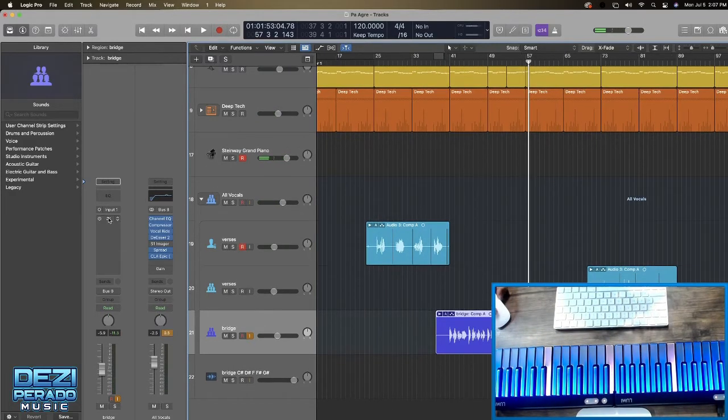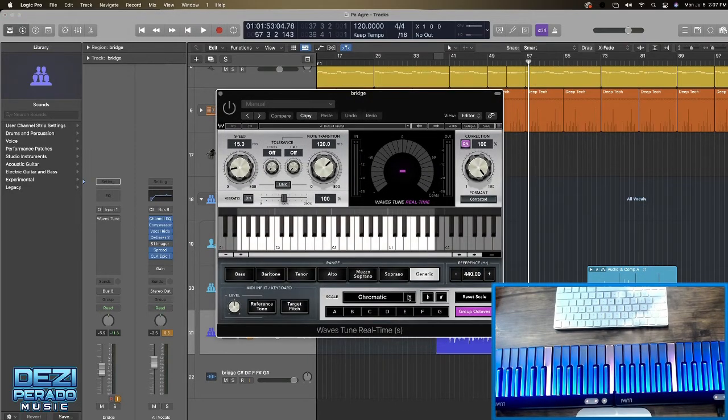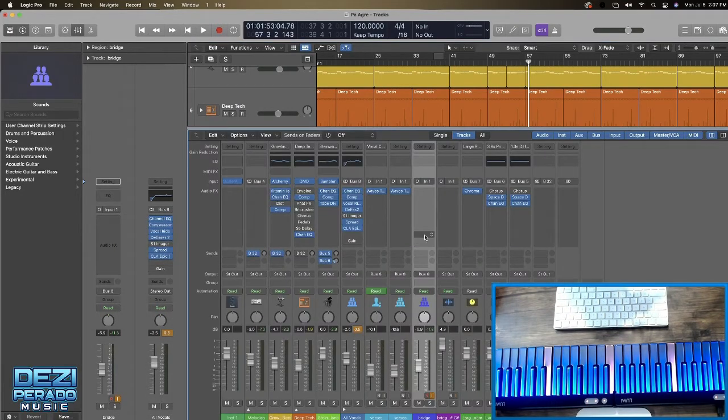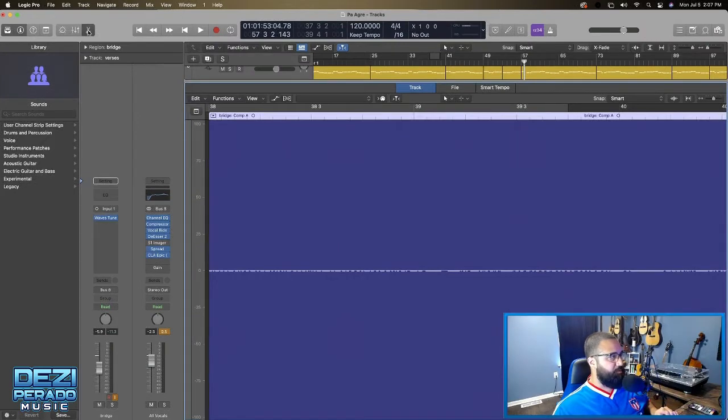Okay, so now we're going to turn on the auto-tune for the bridge. Actually, what I'm going to do is copy the auto-tune from one of these other ones because these already had some buttons. Oops, whoops. Some buttons already set up or whatever. What I mean by buttons, I mean knobs. So let me just